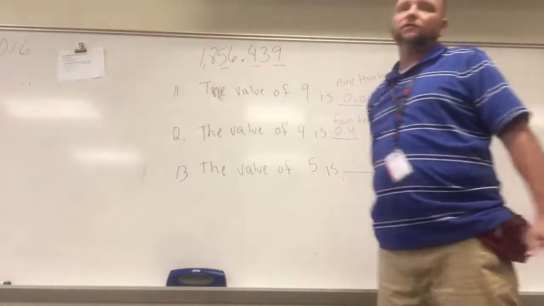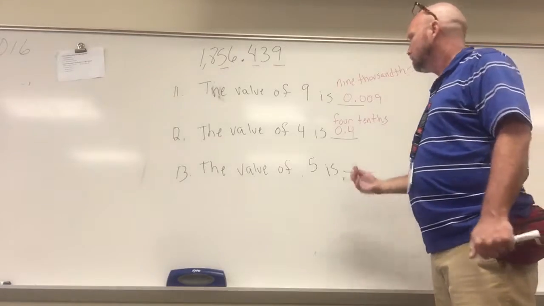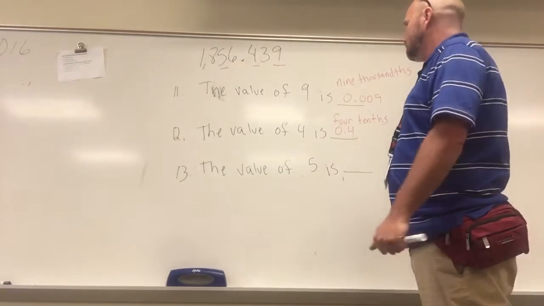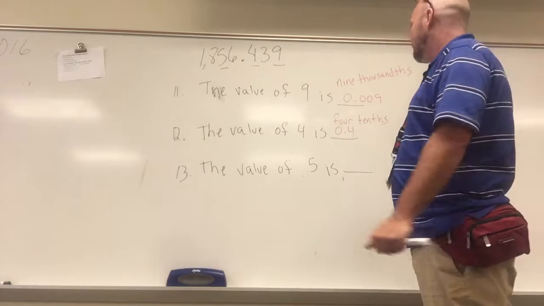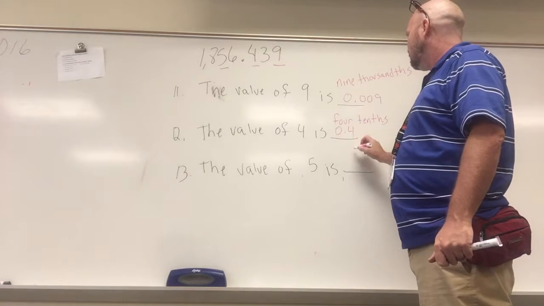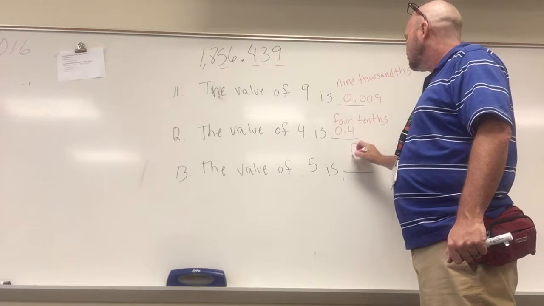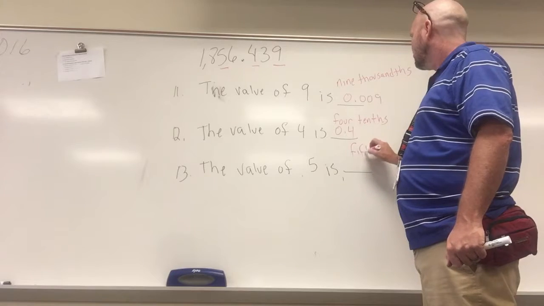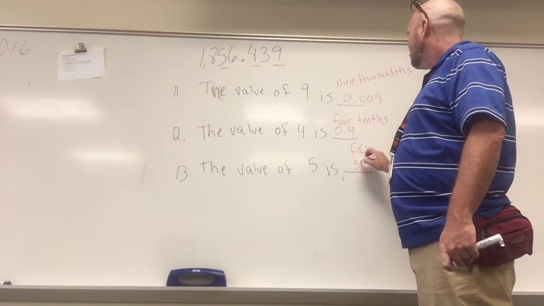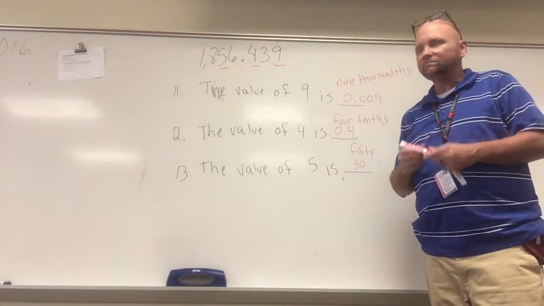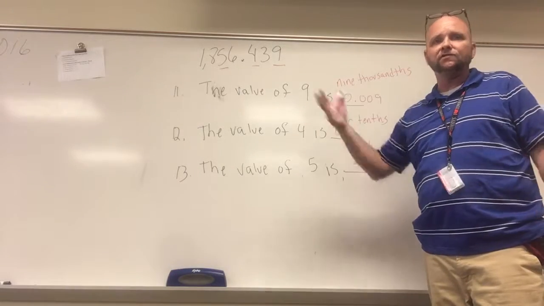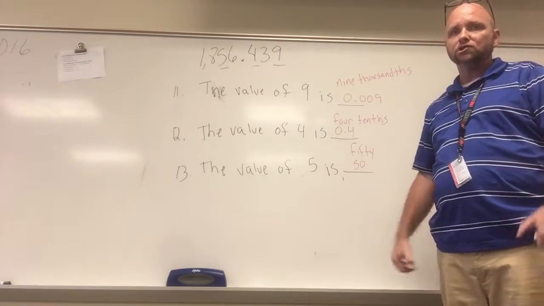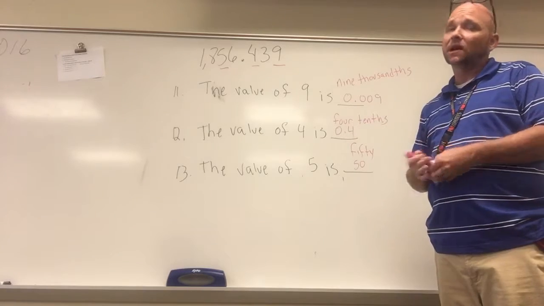The value of the 5. The 5 is over here to the left-hand side of the decimal point, which means it's in the tens place, so it would be either fifty or 50, written like that. Again, think of that as money. If you have 5 tens, you have 50. Boom, shakalaka. That's the bottom line,